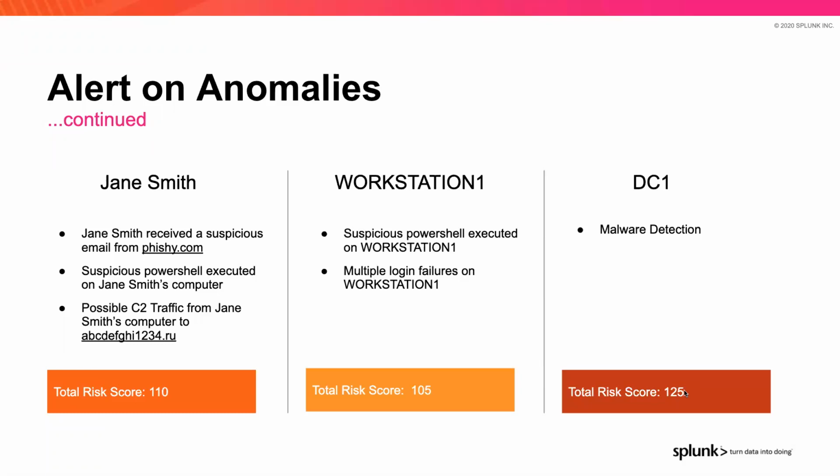Risk objects that haven't scored highly, but because they've had a consistent amount of detections over a longer period of time, think low and slow attacks. That's another aggregation. So with this risk system, you can easily look back 3 days, 7 days, 30 days,